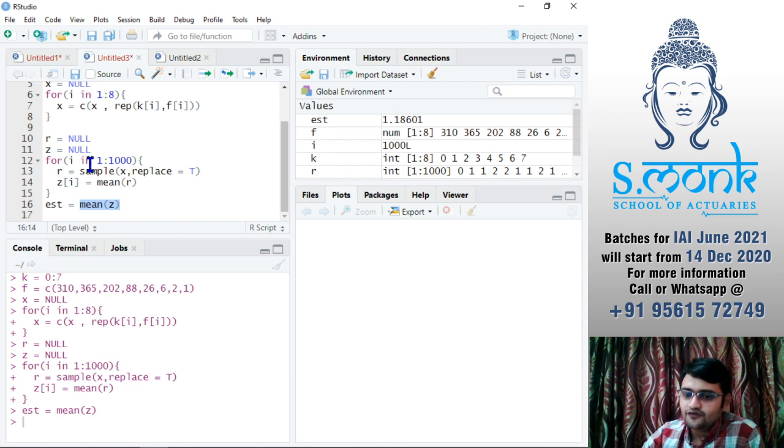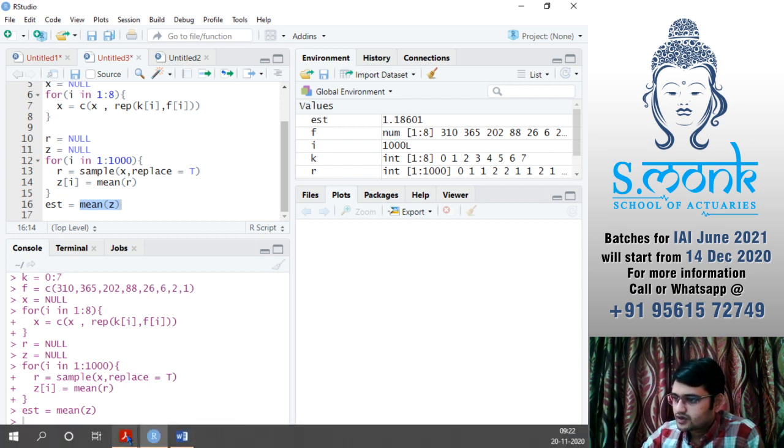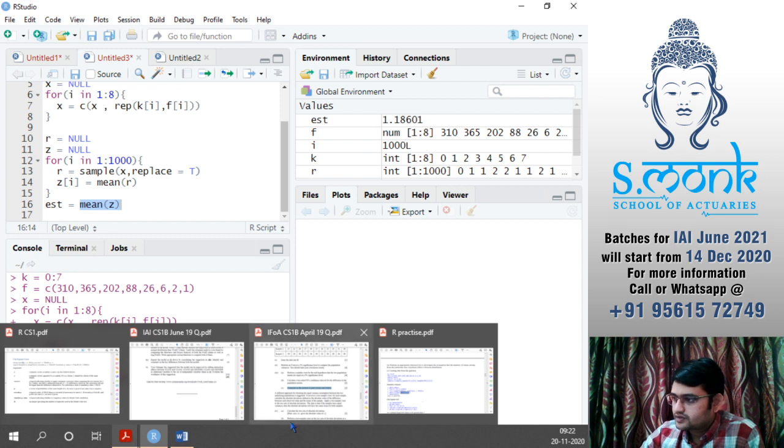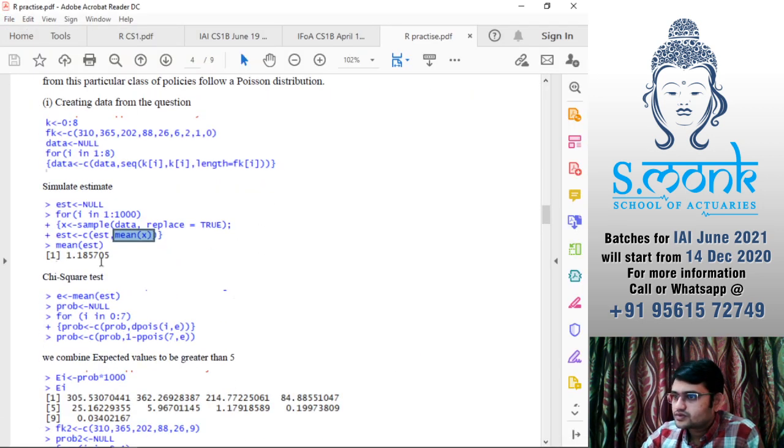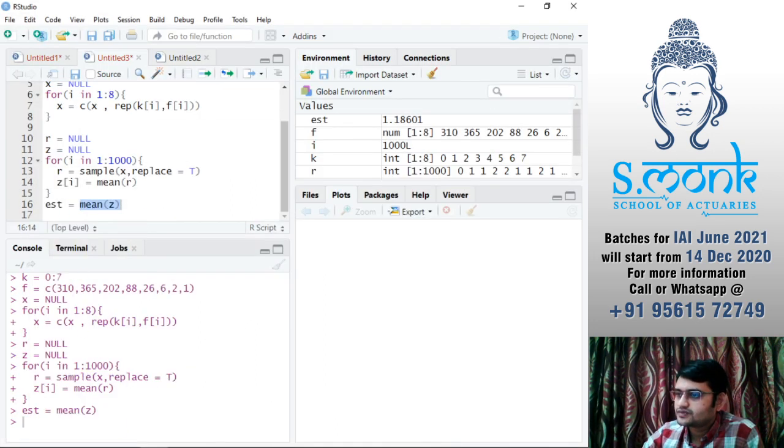So the average of 1000 such sample averages would give me a good estimate. So it is 1.18601. Okay. You can see 1.18601 seems to be close enough to whatever I did here as well. Okay. So that is going to be nothing but our estimated value.